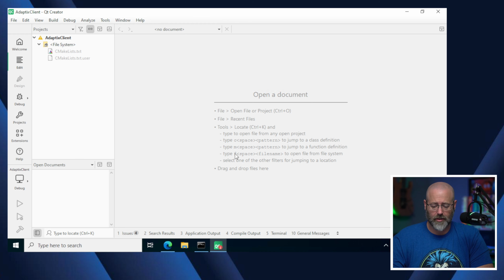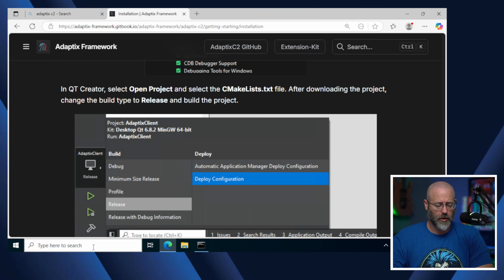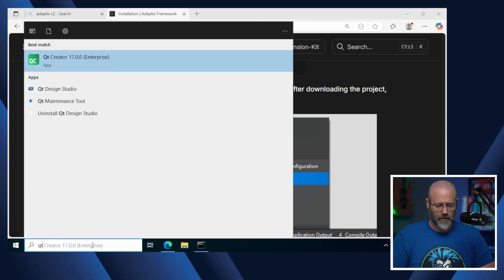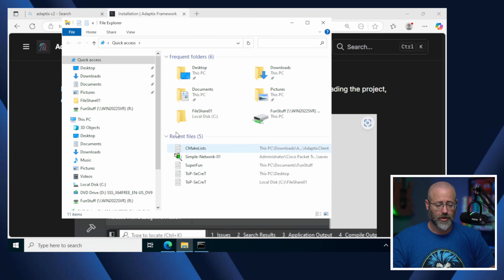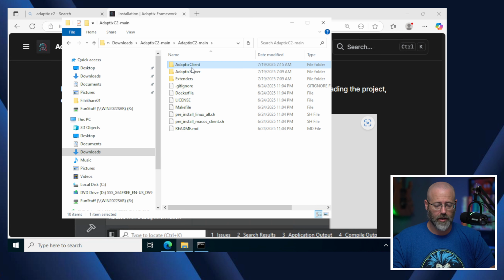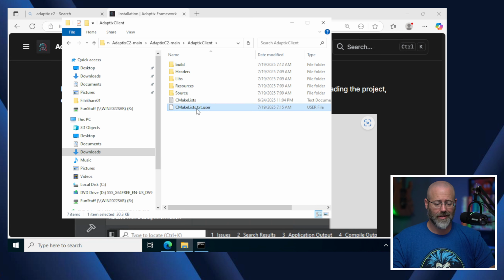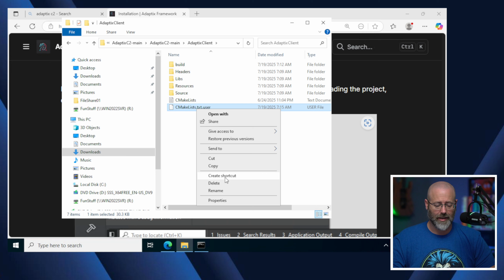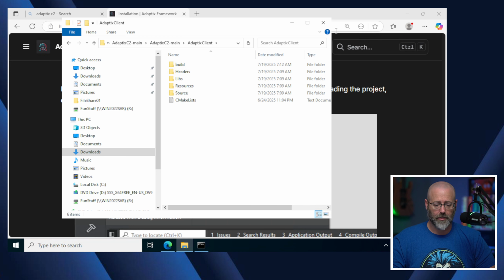So let's do this. Let me close it out. Close that, and then we'll reopen Qt. Let's see what that does. Actually, first thing I'm going to do is go to that. Where was that? It was in downloads. Adaptix C2 main, Adaptix C2 main under Adaptix Client, and then it's got this user. I'm going to delete that. There we go. And hopefully